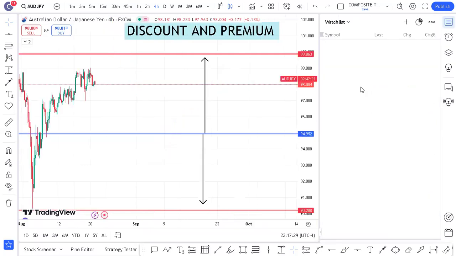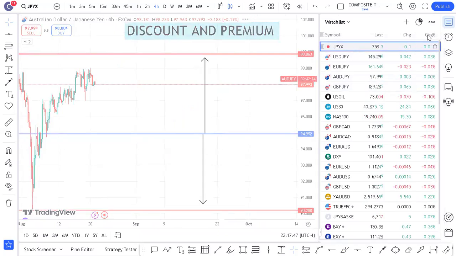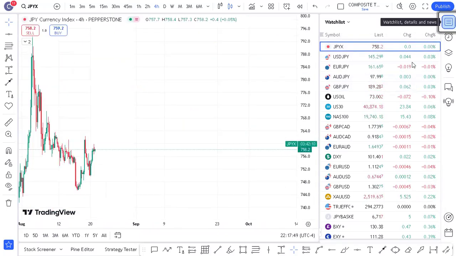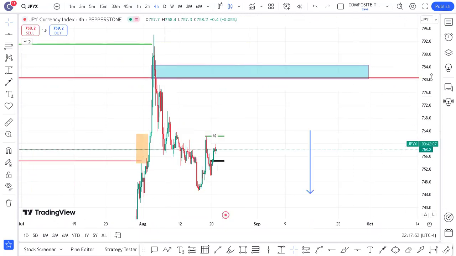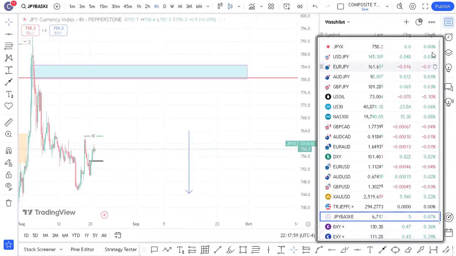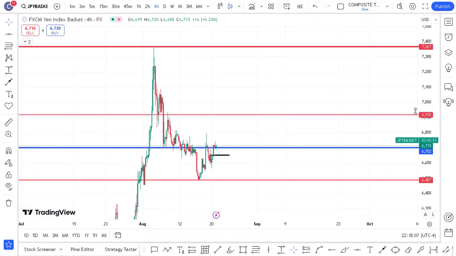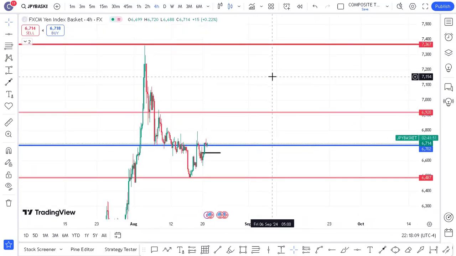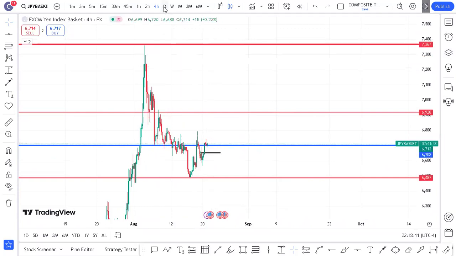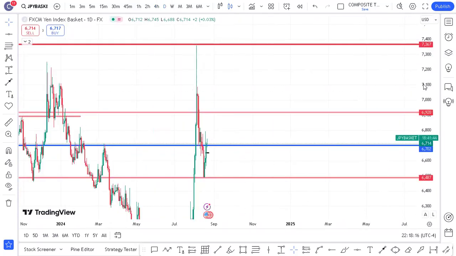Let's see what we have here. JPY index. Okay, already did some analysis there. Okay, we are here. According to our JPY, if I go to a daily time frame, allow me to go there so that you get the real picture. According to the daily,